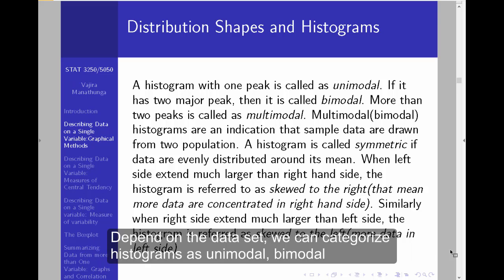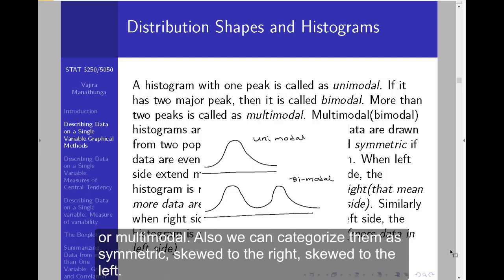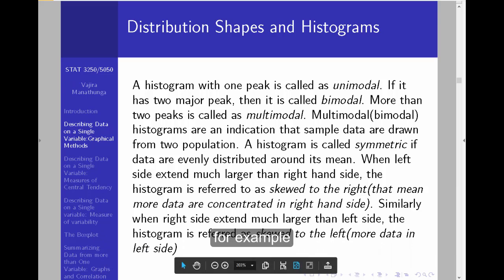One useful feature of a histogram is that it can reveal the shape of the underlying probability distribution. Depending on the data set, we can categorize histograms as unimodal, bimodal, or multimodal. Also, we can categorize them as symmetric, skewed to the right, or skewed to the left. For example,